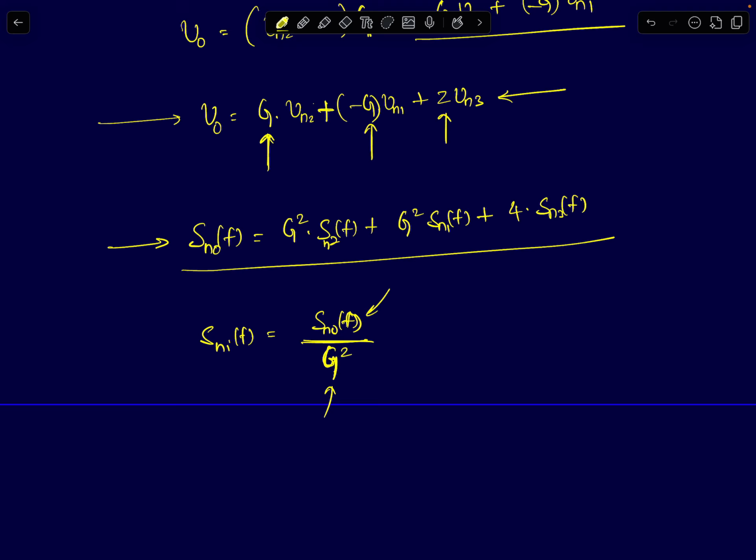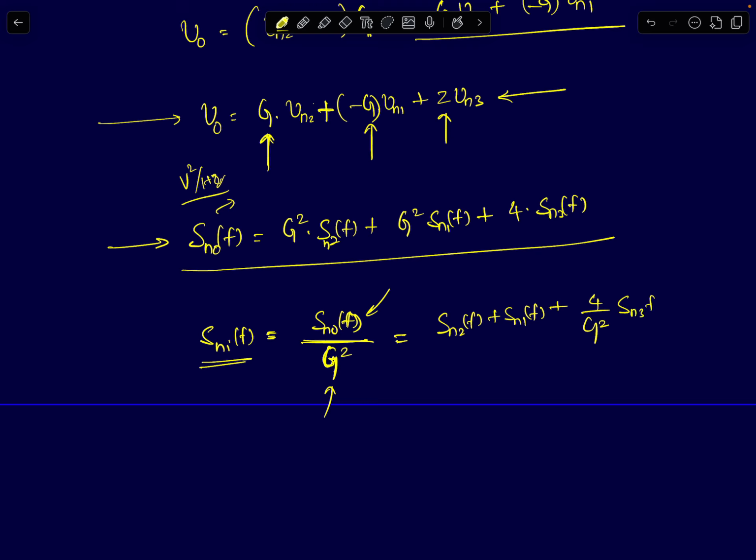But since we are finding power spectral density, units for this will be volt square per hertz. So that's why I've divided by g square. So this will be given by Sn2 of f plus Sn1 of f plus 4 by g square